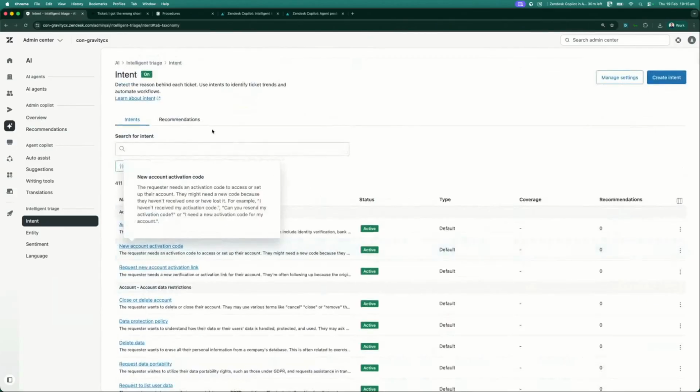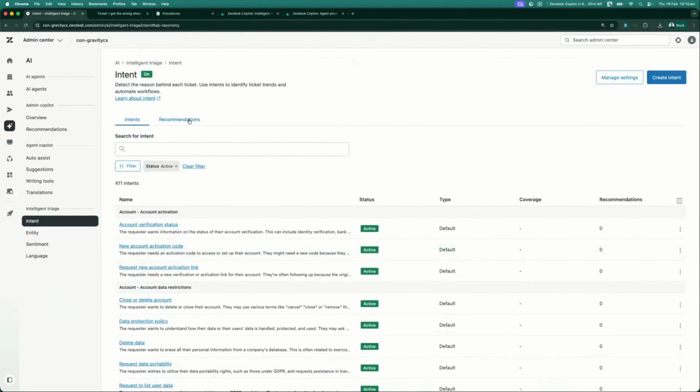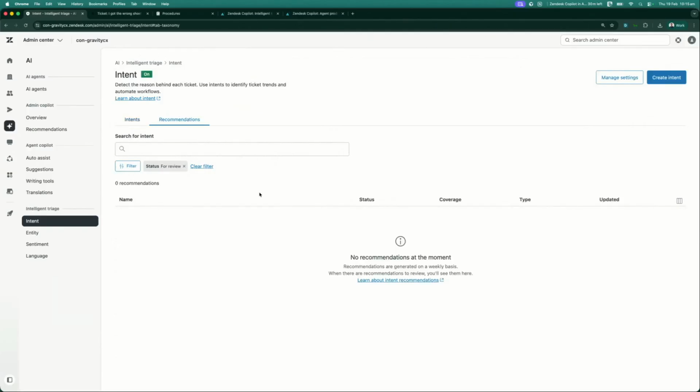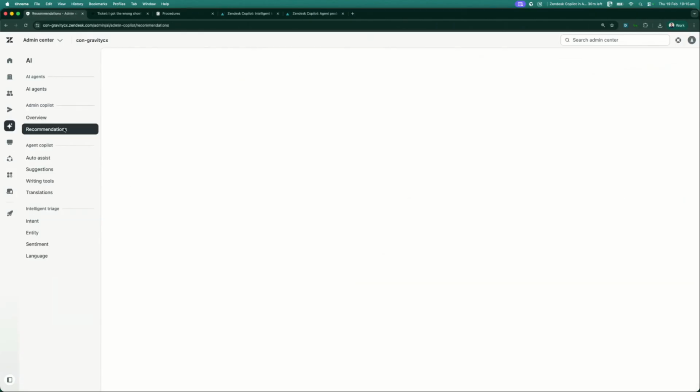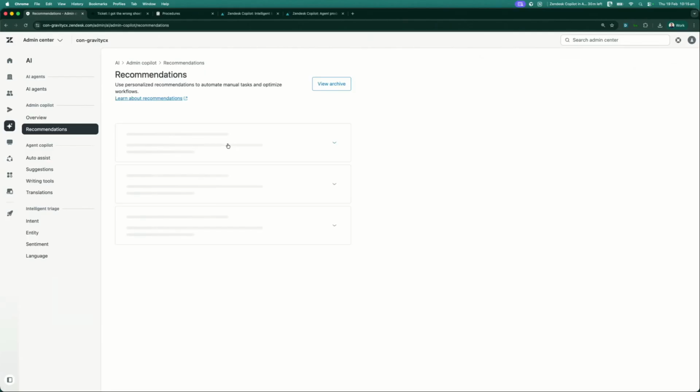So that's number one. And the other thing that comes with Copilot is what's called recommendation. So basically the way to think about Copilot is it would analyze your tickets as they come over time, and based on that, you'll have a number of spread out recommendations that will start populating, and you can actually decide to action them or not. So there's recommendation on new intent or intent update, but that's not the only place where you will see a lot of recommendation, right? You actually will have an overview recommendation as well, which will be looking at your configuration,